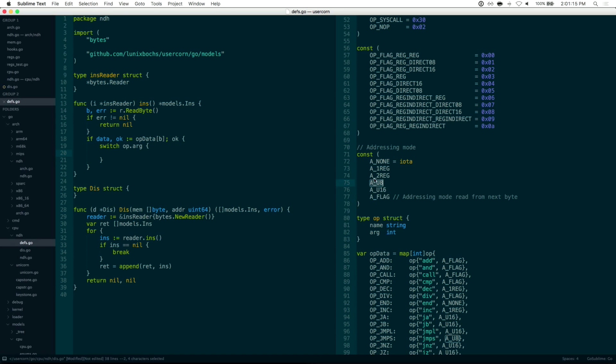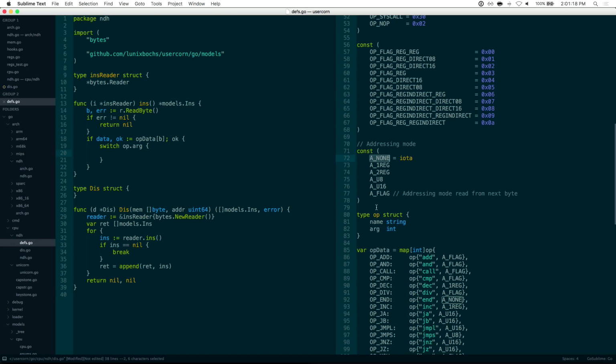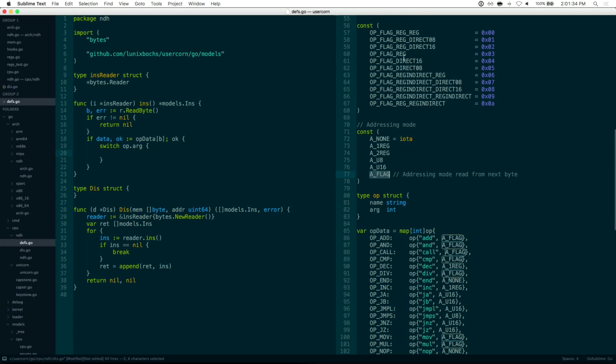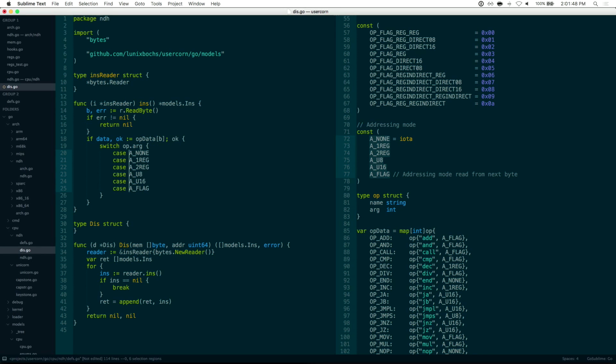We have each of these addressing modes. So there's none, which is the instruction doesn't actually take any arguments. And at that point, we'll just make a new instruction type and return it. There's 1 or 2 registers, so we'll read 1 register byte or 2 register bytes out. And then there's a uint8 or uint16 immediate. And then flag, which is all of these fancy things to parse. So I'm going to just copy this whole table into a switch. Of course you indented like that. Okay. So if it's none,